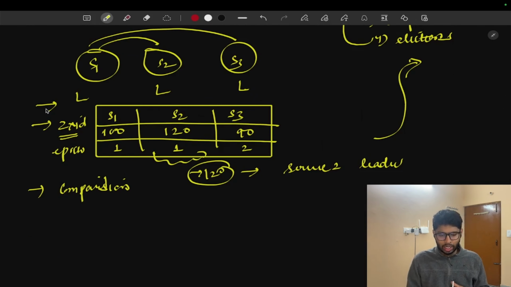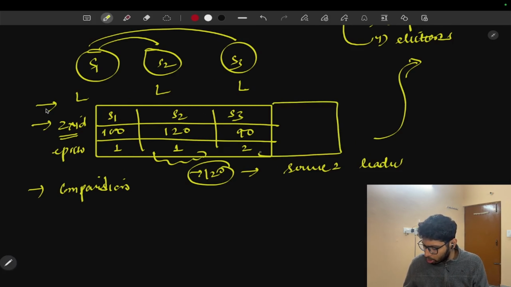Now take one more scenario, when there are many servers and suppose server 1, server 2 and server 3 randomly generated the same ZXID. So what will happen? The comparison will happen now on the basis of the epoch time. So which one has the biggest epoch time? Let's take an example for that.